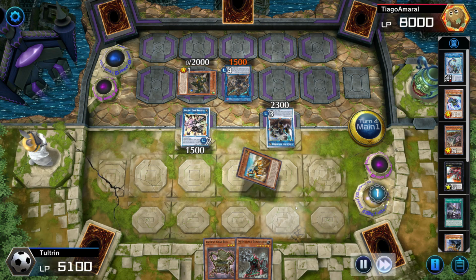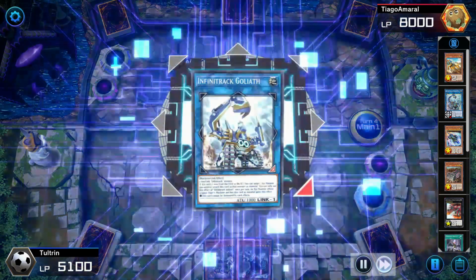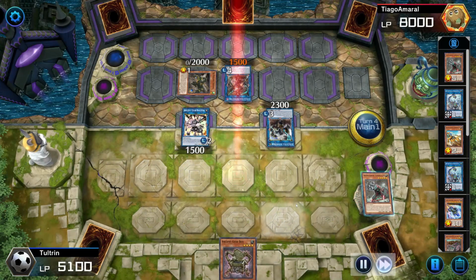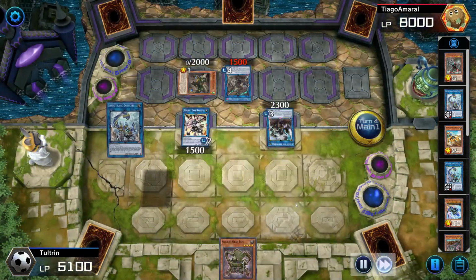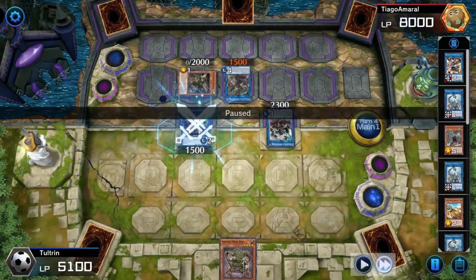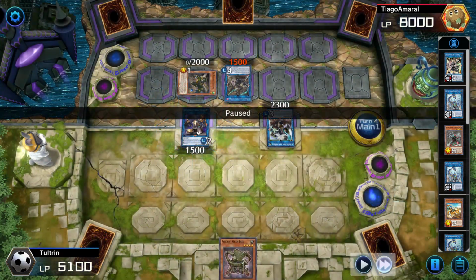Harvester then links off into another, our second Goliath. Tribute the Goliath to the Tunneler. Tunneler then goes into our third Goliath. Link these two off for the Anger Knuckle. And now we have a really devious plan. So our plan here is that we are going to...